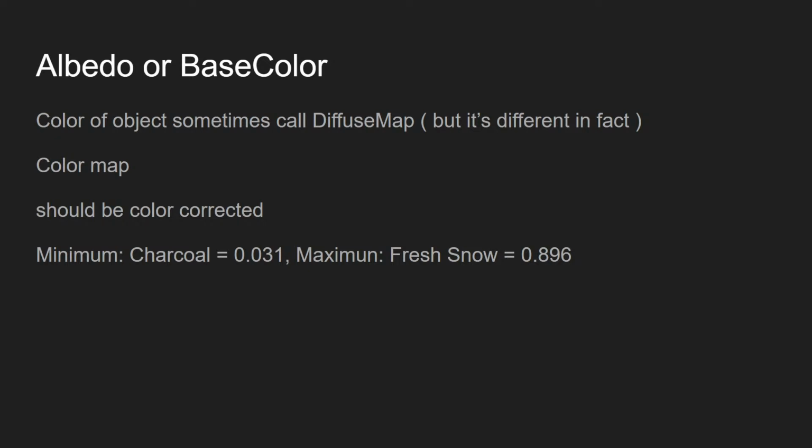The darkest, so I'm talking about luminance. So this is the darkest element in the world. It's the charcoal. Even if you have a look at Vantablack, it is not as dark as the charcoal. It's just the play of optics. It's a trap of light. It's not because the object is dark. And there is a maximum, which is the fresh snow, which is around